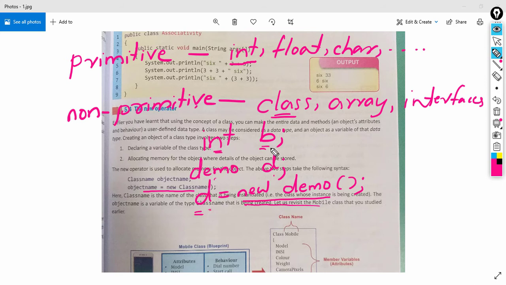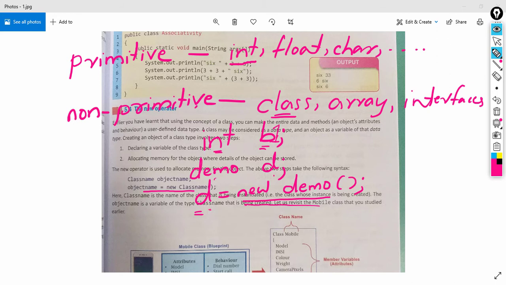Like here you can see b. For the sake of understanding, we can rewrite it as b1. So b1 is a variable of int type. d is a variable of Demo type, which stores the address of an object. For the sake of convenience, we can call d an object.